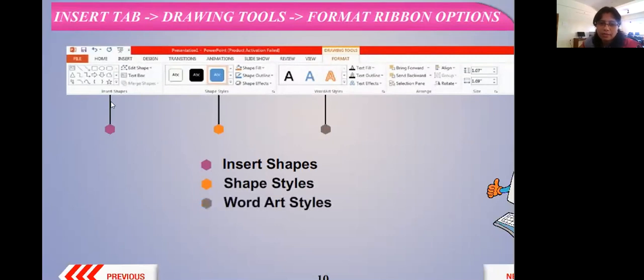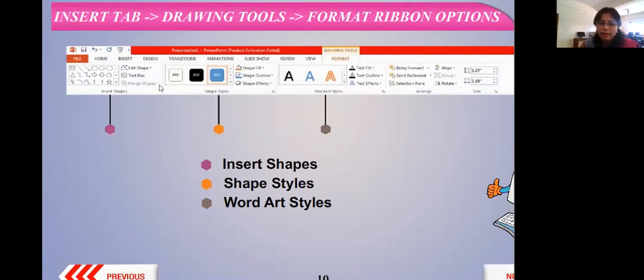See here, for the Insert tab, when we click on the Insert menu here on the menu bar, we can see how we use this particular menu bar, and it has the options of all the things which you want to insert into the slide. It can be any images, pictures, word art, or any shape, or you want to insert a text box.